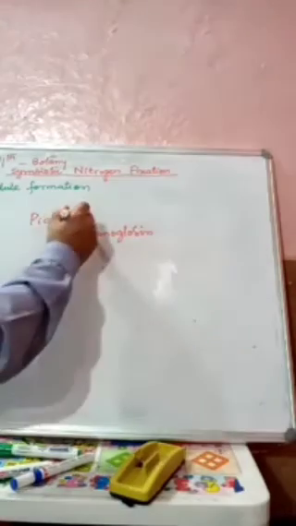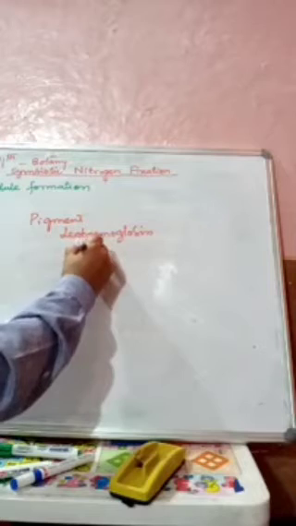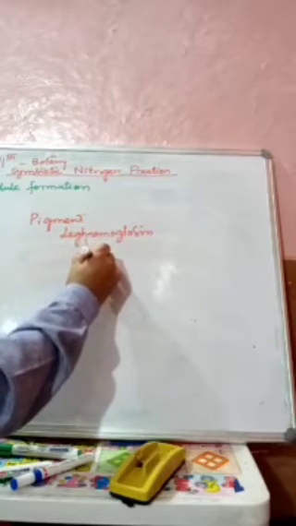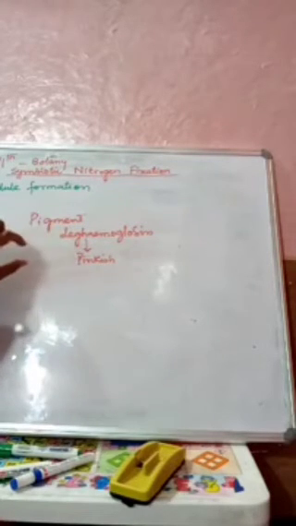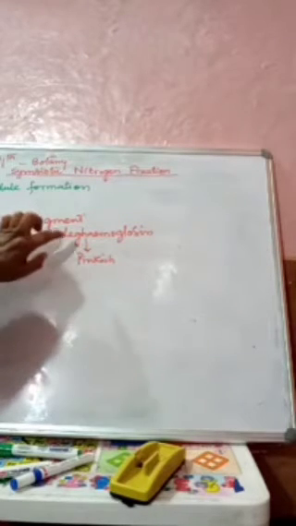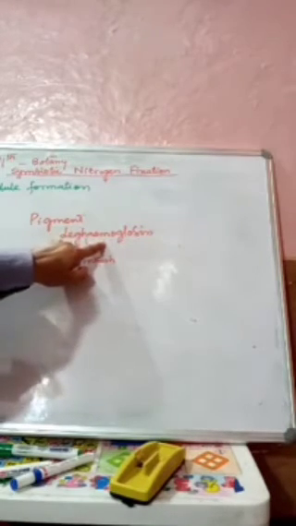When a section of root nodule is observed, we will see the presence of a pigment, and that pigment is called leghemoglobin. It is because of this leghemoglobin that the root nodule gets its color; it is somewhat pinkish, like hemoglobin. Hemoglobin imparts red color to the blood, while leghemoglobin imparts a pinkish color to the root nodule. If we compare them, leghemoglobin is closely related to hemoglobin.